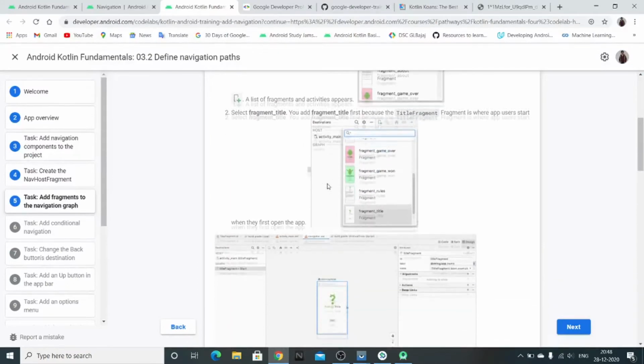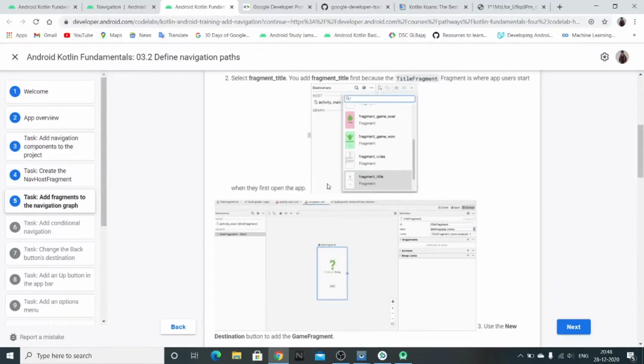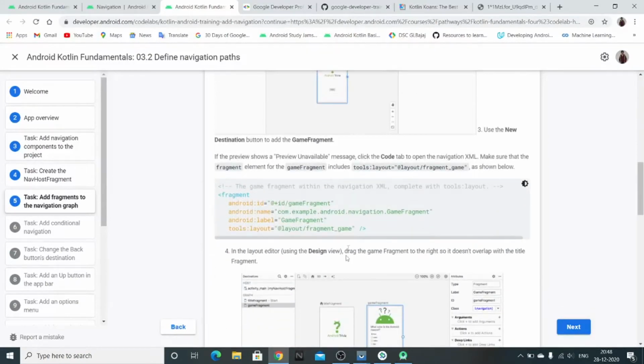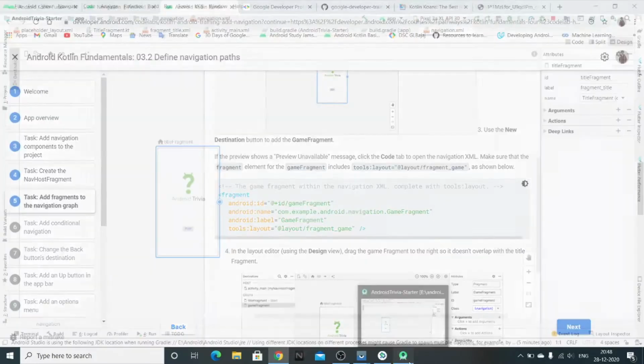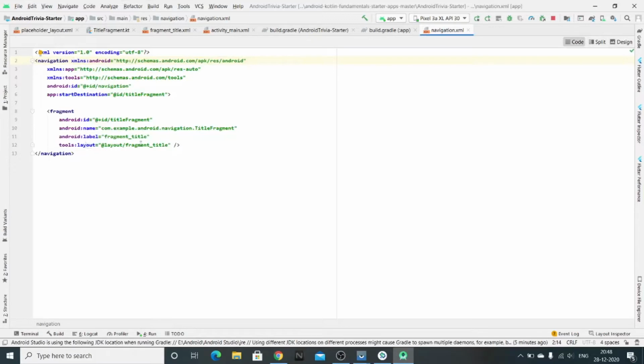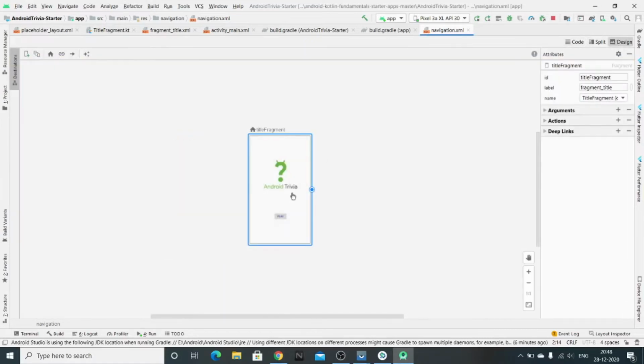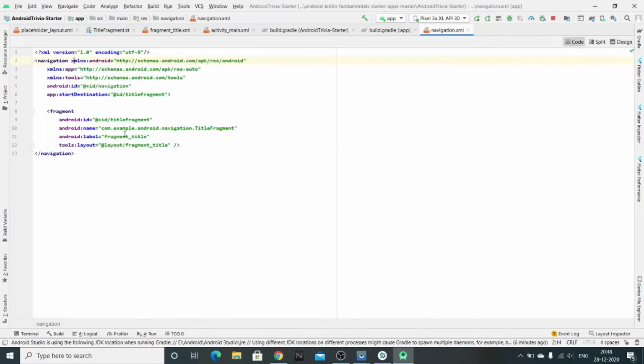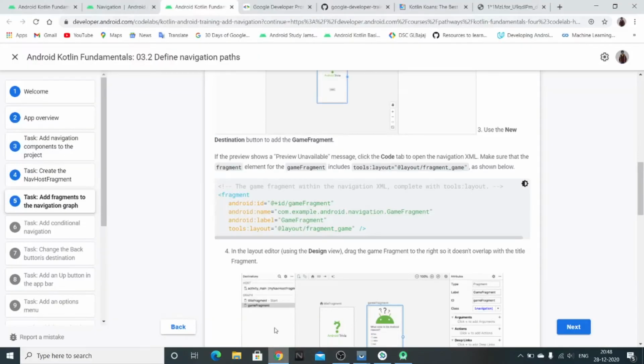Moving back to our code lab. Okay, now let's see the code. Okay, this tools attribute is already set for us. For some, if you cannot see what's in your fragment, then you need to set this tools layout. It's also mentioned in the code lab here.